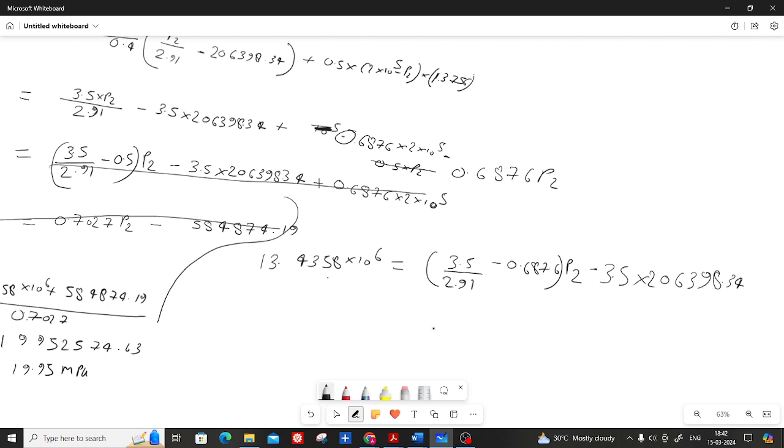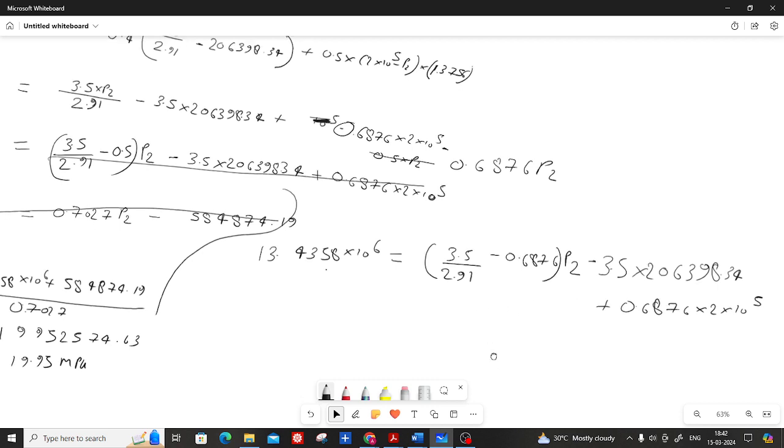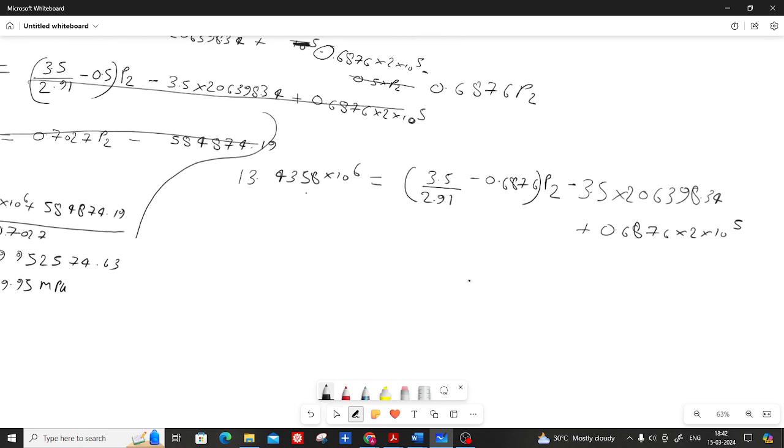Guys, whenever I am doing something, you also keep on looking, so that there should not be some calculation mistake. 0.6876 into 2 into 10 to the power 5, minus 3.5 into 206,398.34, P2 will be